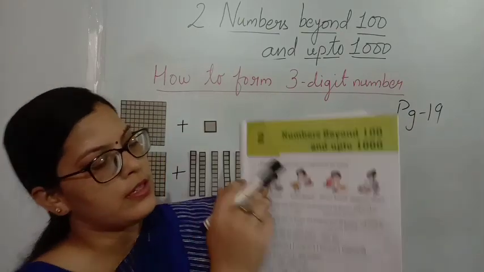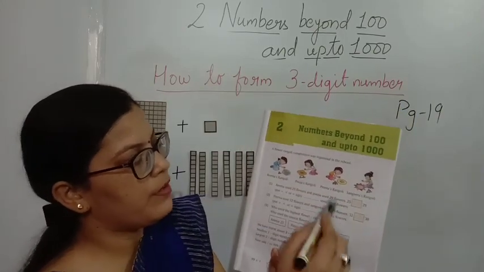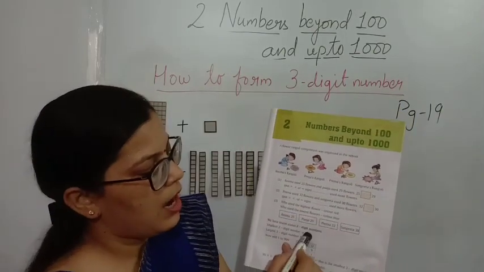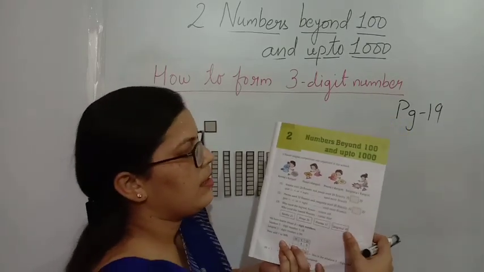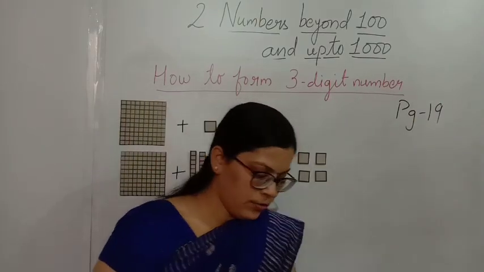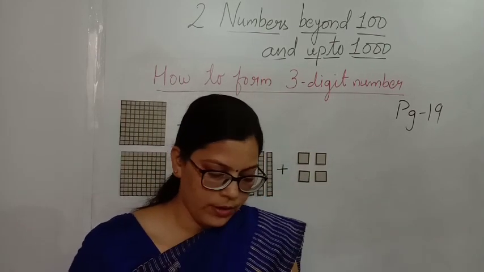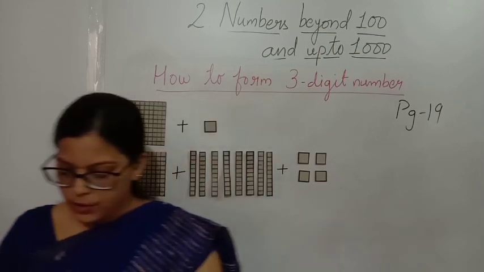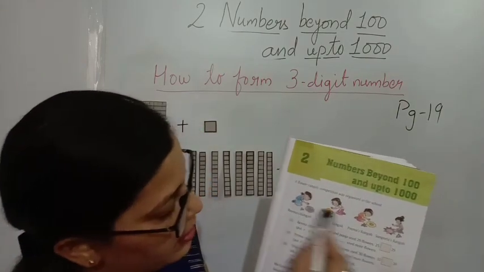First of all we'll do this question. Some pictures are given here, and on the basis of this information we have to answer the questions given. This is about 2-digit numbers, which you already learnt in class 1 and revised in the first chapter also. So pay attention in your book. A flower rangoli competition was organized in the school. Rima's rangoli, Pooja's rangoli, Prerna's rangoli and Sangeeta's rangoli. Now see, 4 girls are doing rangoli.